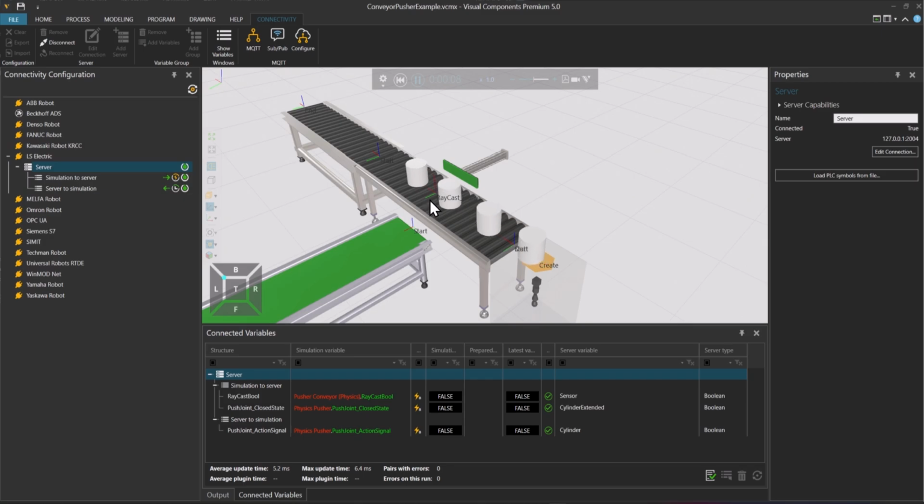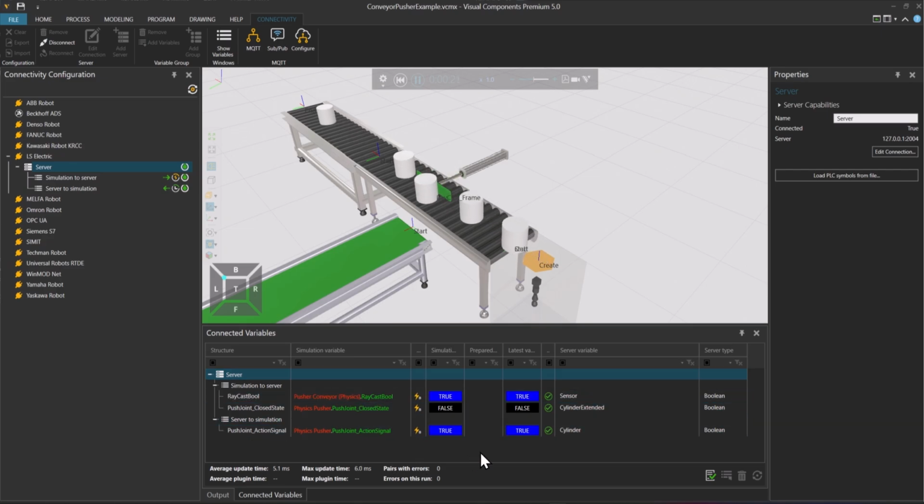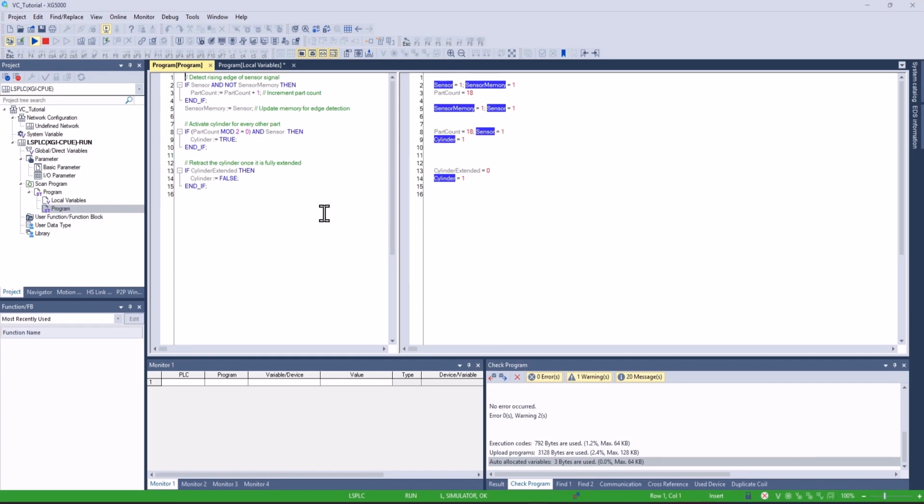So we are sending the sensor signal to the PLC, and then for every other trigger, the cylinder is activated. And we see that down here in the connected variables. We can also see how it looks like on the PLC side. So we are seeing sensor go from 0 to 1, part count incrementing, and then the cylinder going also from 0 to 1.